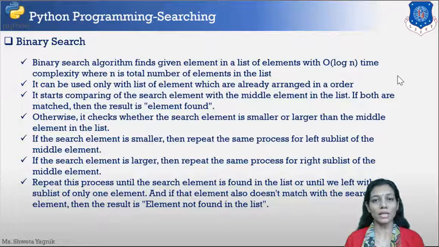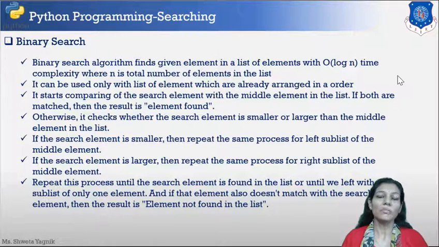If it is not, and if the element which is to be searched is lesser than the middle element, then the right side of the list, that is all the numbers of the list having bigger numbers, is ignored, because there is no chance that your search element will be found in that. So why waste time in searching those elements? So if the element to be searched is lesser than the middle element, then your search space will be reduced to left hand side only. You are totally going to ignore your right hand side elements.